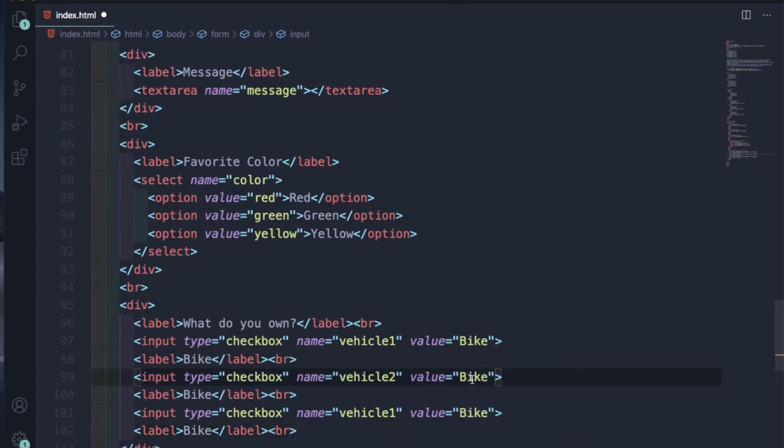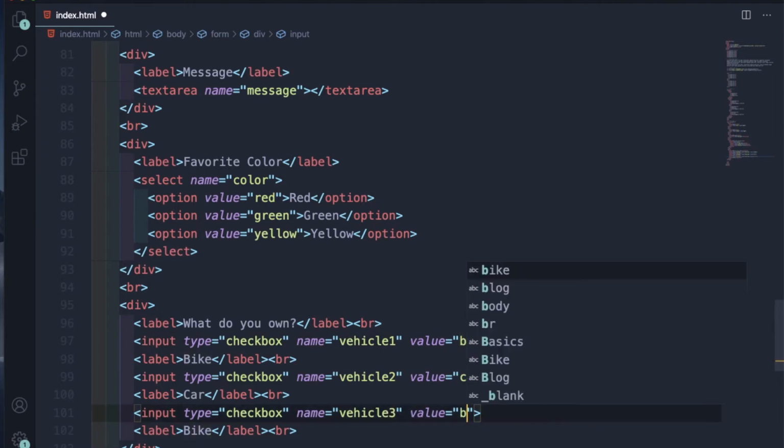The value which will be passed to the server will be car. Value generally we pass it as a small letter, so let me give this a small car, vehicle 3. Some people can have a boat also, so boat,